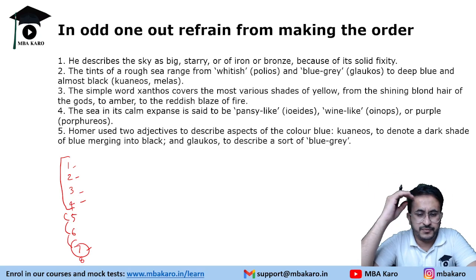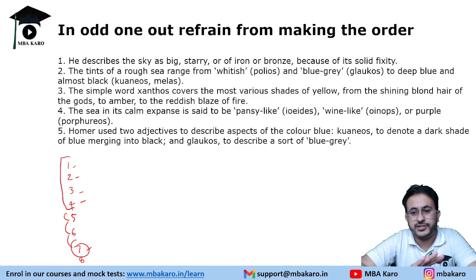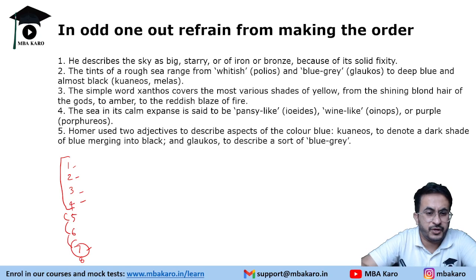Now what students start doing is they try to make the parajumble in this. You are not supposed to make the parajumble. Instead, try to understand what it is trying to say. Do not find the opening sentence. Maybe you will be able to plot the opening sentence in those, but try to see what is different in the theme. Now let's see this.